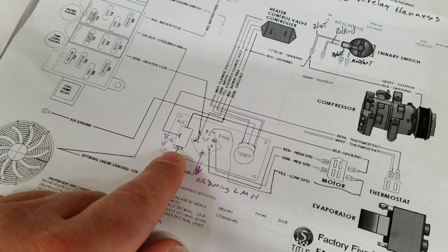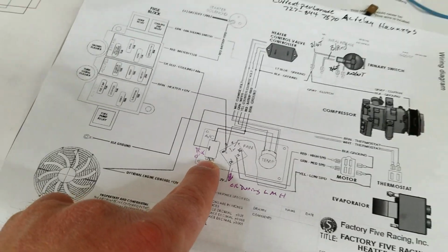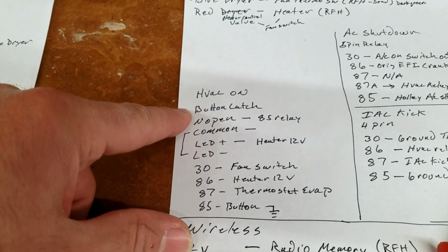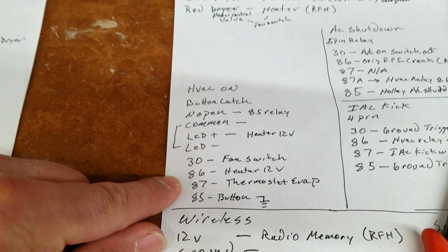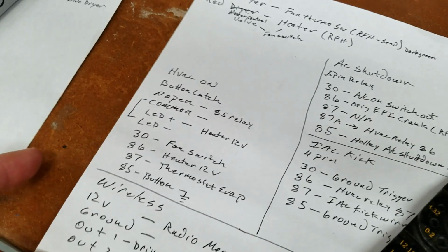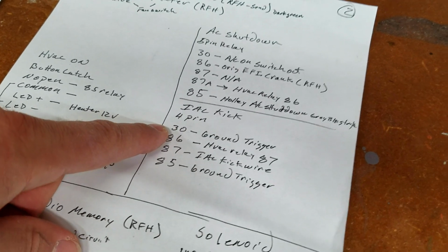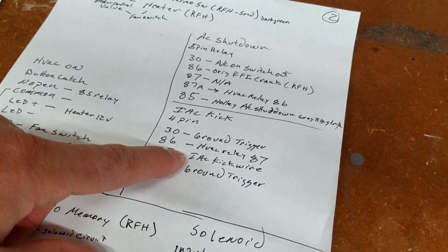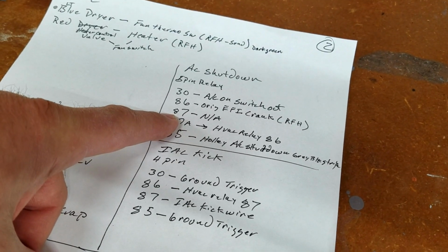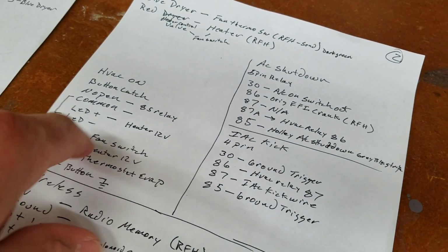However, I'm ditching this switch, and I'm going to use a relay instead with a push switch. So that now becomes all these wires. And then if you want, and let's say you had a low power engine, you could use the computer controlled AC shutoff and AC kick. This is kind of your idle. So when the compressor turns on, your idle doesn't go too low. And this is when you're slamming the gas pedal, it will disengage the compressor so you don't overwind the compressor. So this relay would actually be connected to all these, and